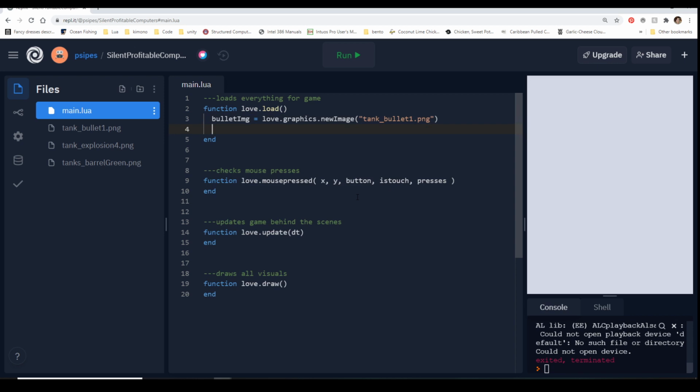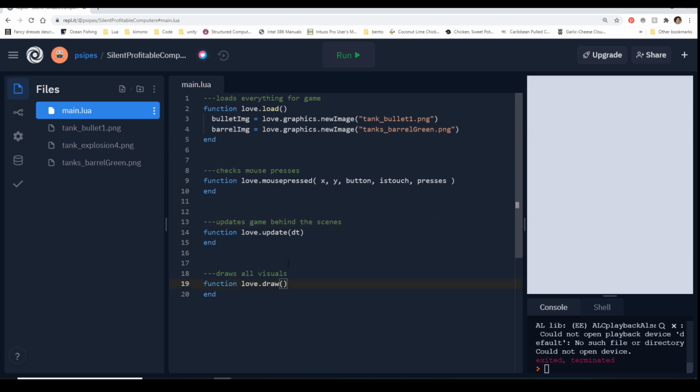And then for the barrel, we can say barrel image equals love.graphics.newImage. So the same way we just did that. And we'll say tanks_barrel_green.png.